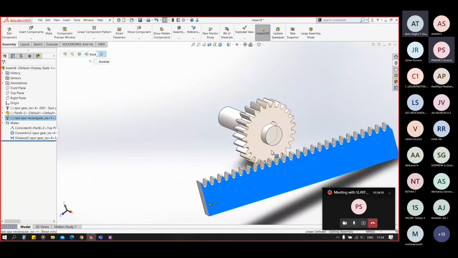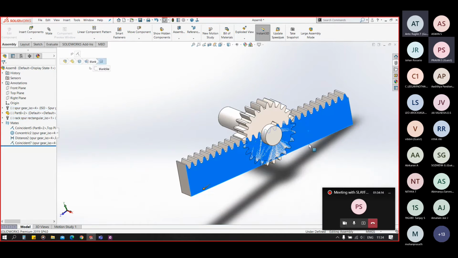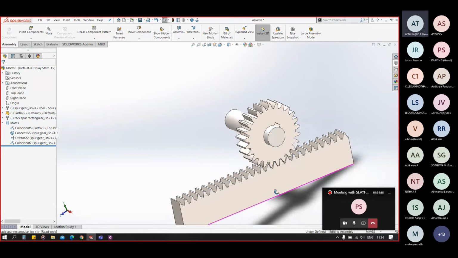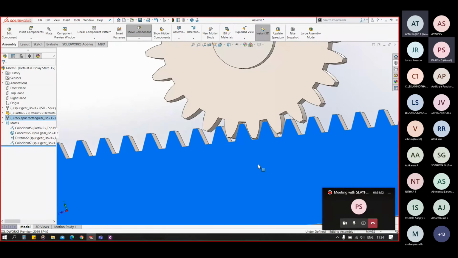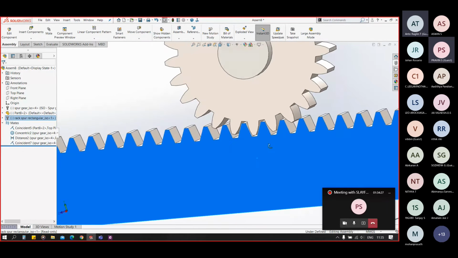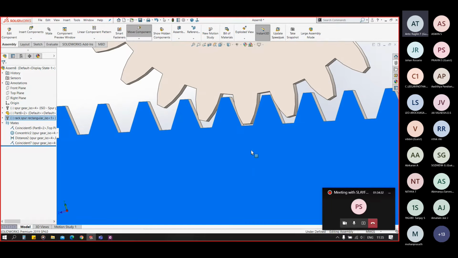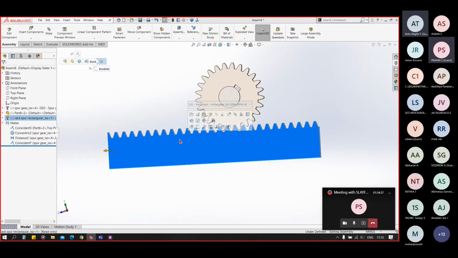Now I'm making some previous work. So I'm making this coincident with this, and I have to fix this rack in this approximate position.